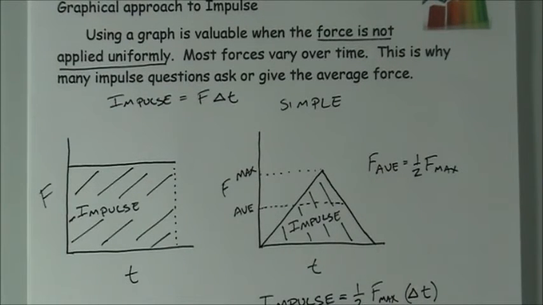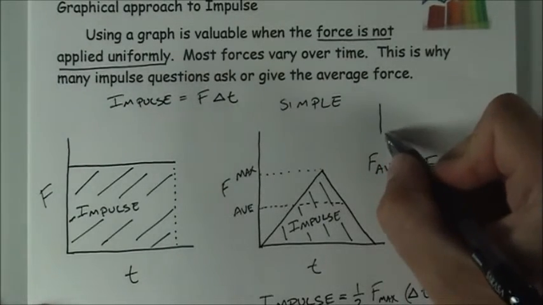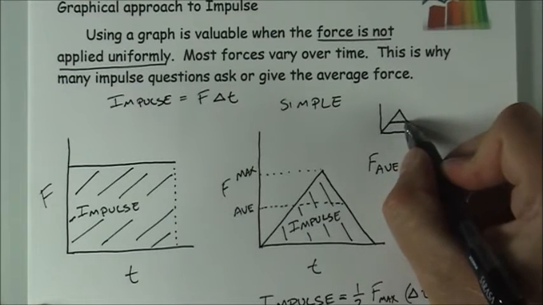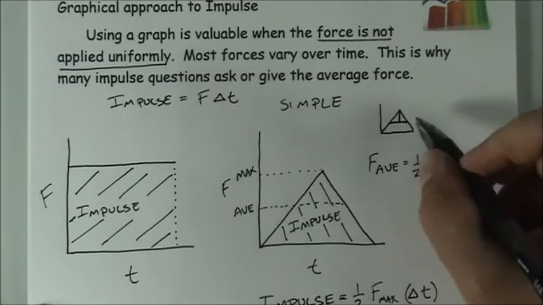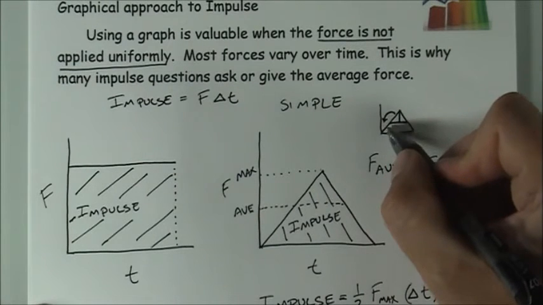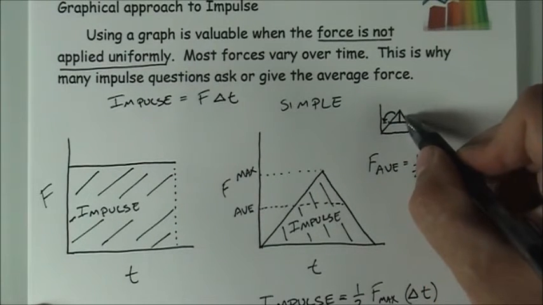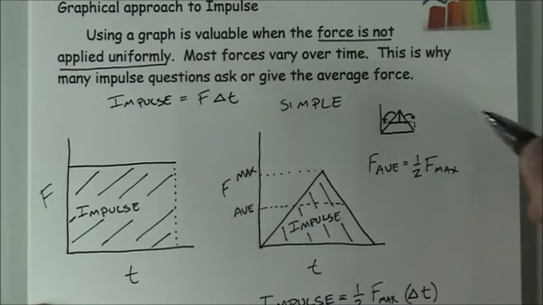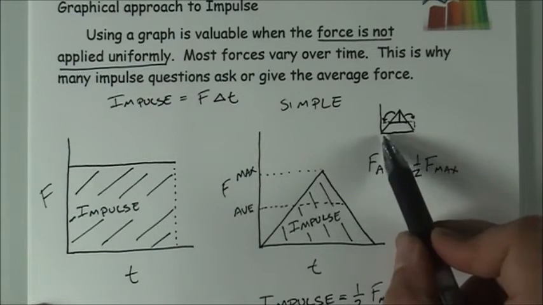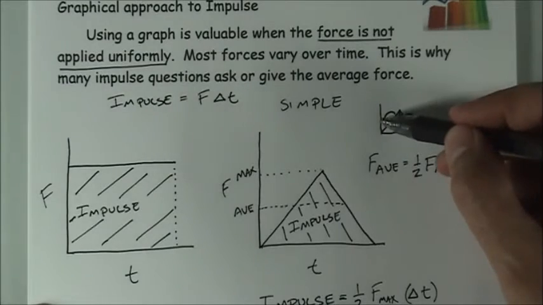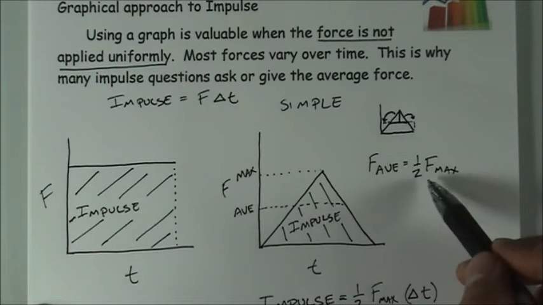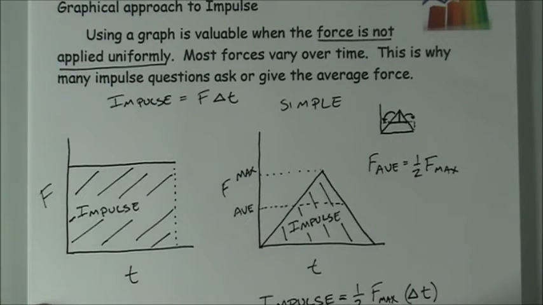Now, you could imagine a situation like this. Here's F average, and if you were to imagine taking the top portion of the triangle and rotating it around so that it filled in this part, and turning this part around so that it filled in this part, what I would end up with is a rectangle. That rectangle's width would still be delta t, but the new height would be F average. Which should make sense, because the average force in this simple situation is equal to 1/2 of the maximum force. So an alternative that I could use